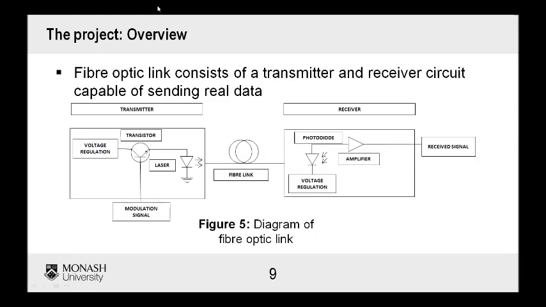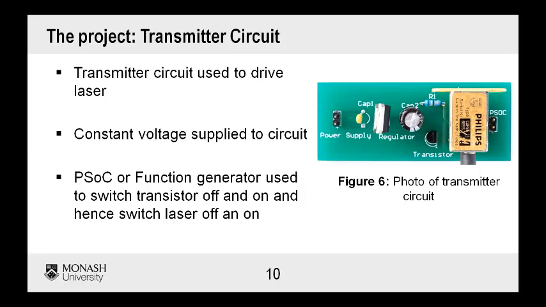The fiber optic link consists of a transmitter and receiver capable of sending real data across a fiber optic network. A transmitter circuit is used to drive the laser. A constant voltage is supplied to the circuit, and a PSoC or a function generator is used to switch a transistor on and off, and hence drive the laser on and off,